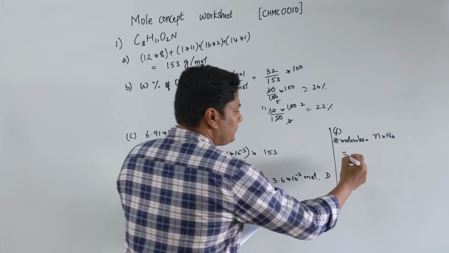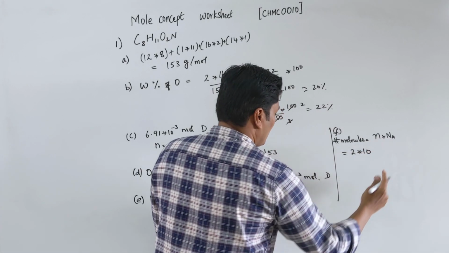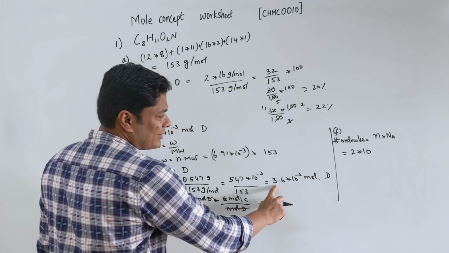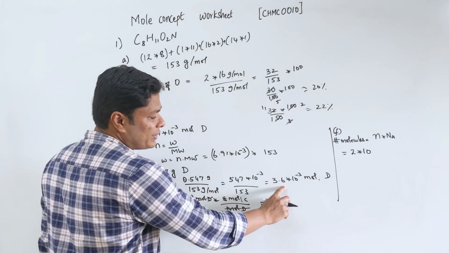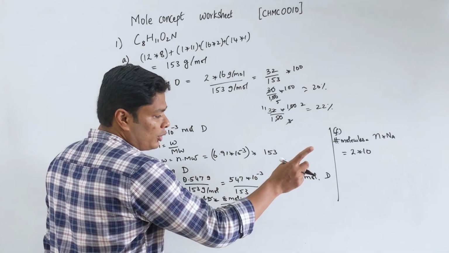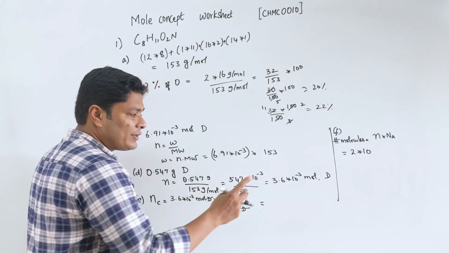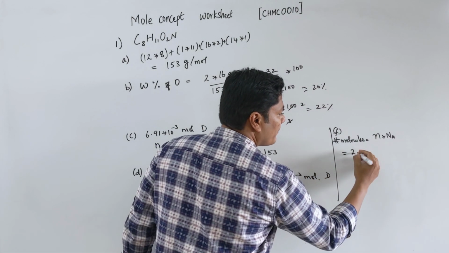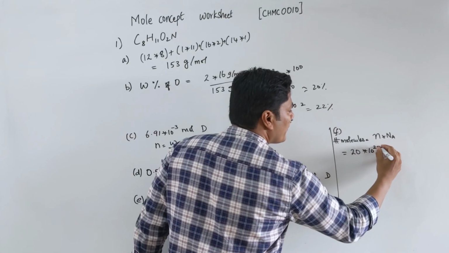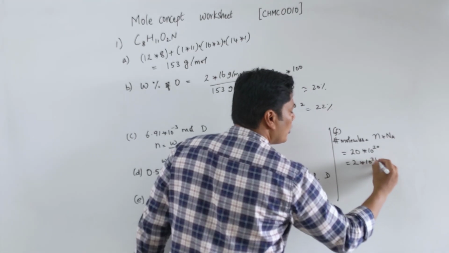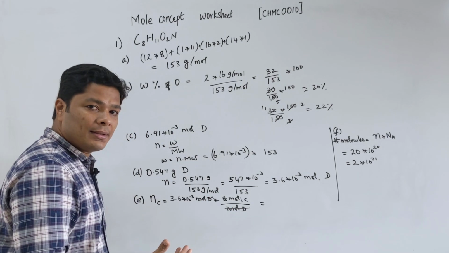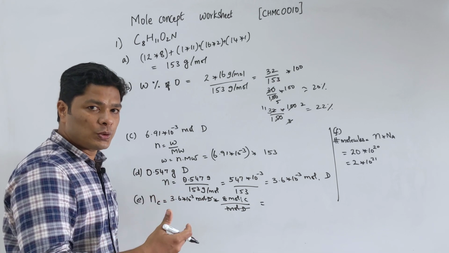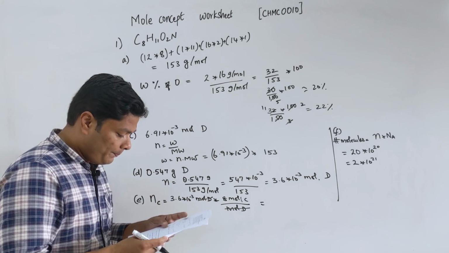Somewhere around 2 times 10 to the, now if you see 6 times 3 is about 18, 6 times 3.6 is about 20, 10 to the power 23, 10 to the power minus 3. So 10 power 20 is remaining. So 20 times 10 to the power 20, or let me do it this way, 2 times 10 to the power 21. I might be fast for you in math, but you have to know that you will gain the speed. But if I do it too slowly, you will never gain the speed.